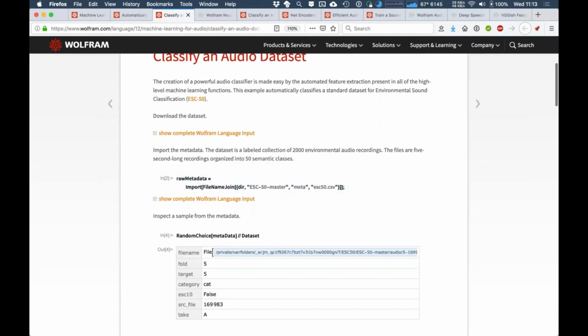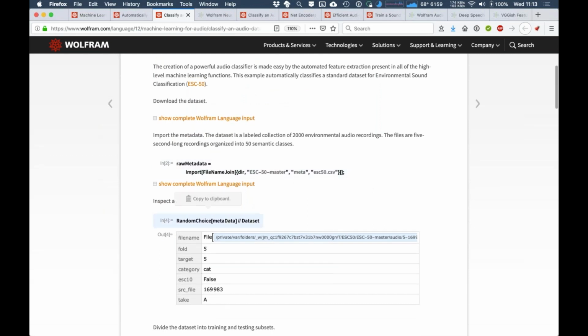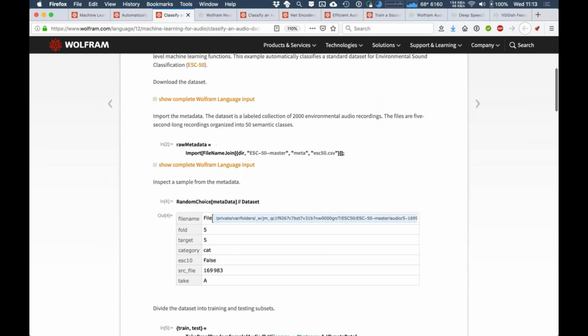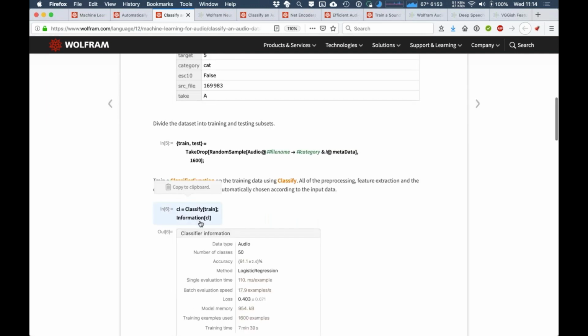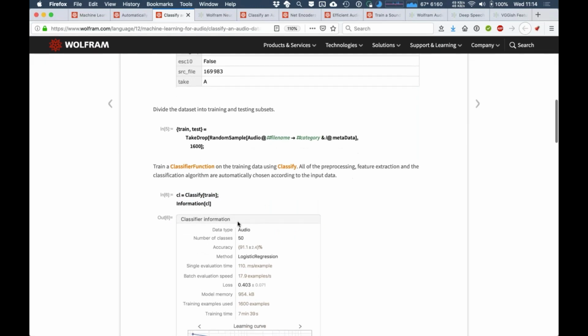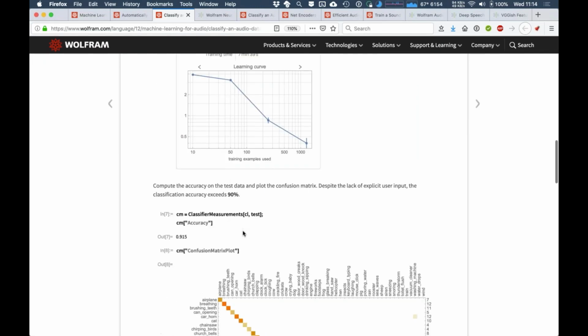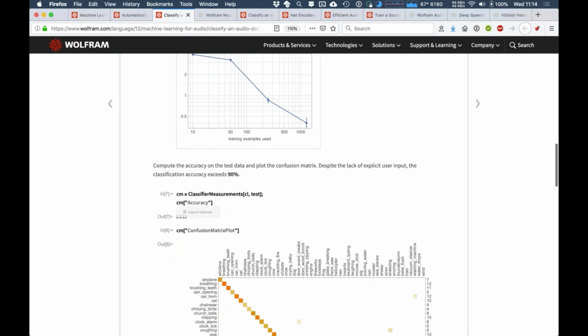And I will try to classify this using just top-level, high-level machine learning functions. Here I divide the data between train and test subsets. And again, as in the previous example, I just call classify on the data without anything complicated really happening on the user side. And as you can see, I get a 91% accuracy.